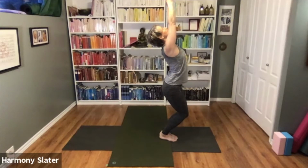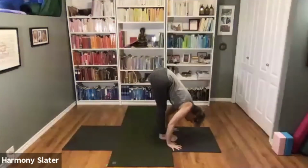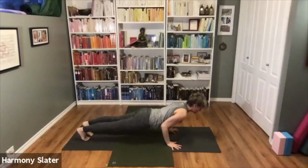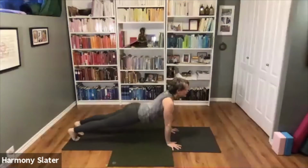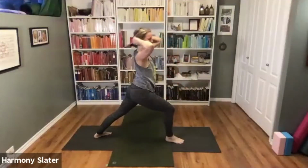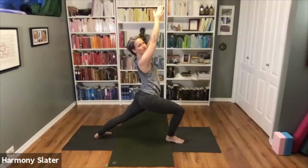3, 4, 5. Exhale, fold forward. Inhale, head up. Exhale, step or hop your feet back and lower down. Inhale, upward dog. Exhale, downward facing dog. Lunge the right foot forward. Inhale, come all the way up. We'll hold the warrior one position. Again, 5 breaths here. 1,